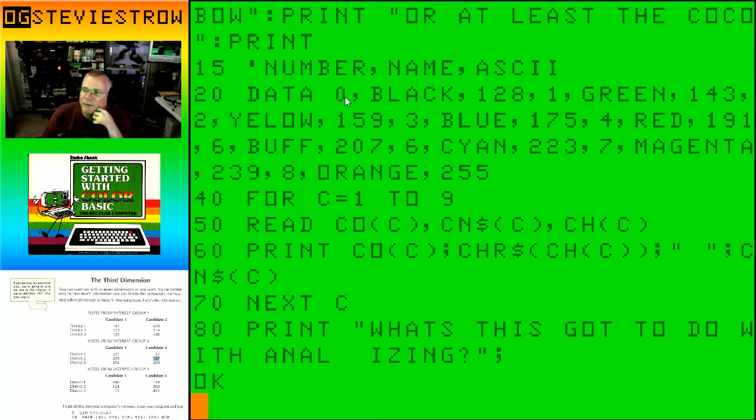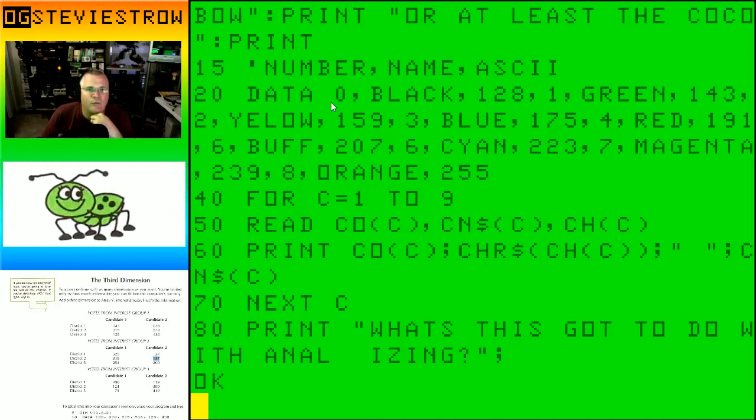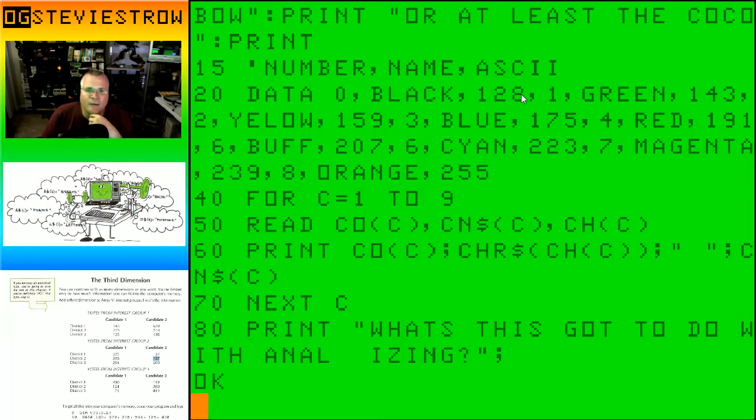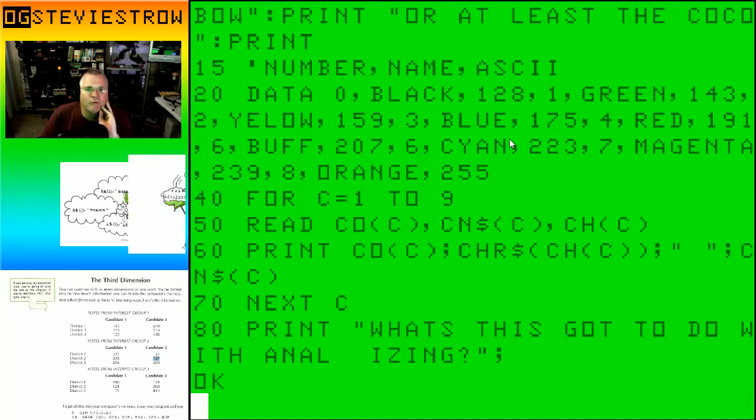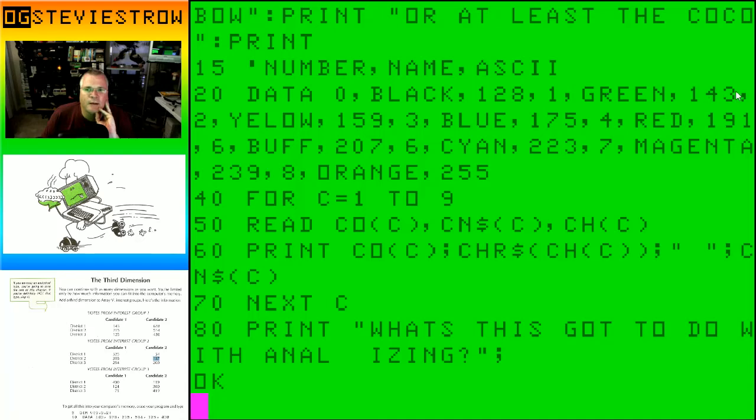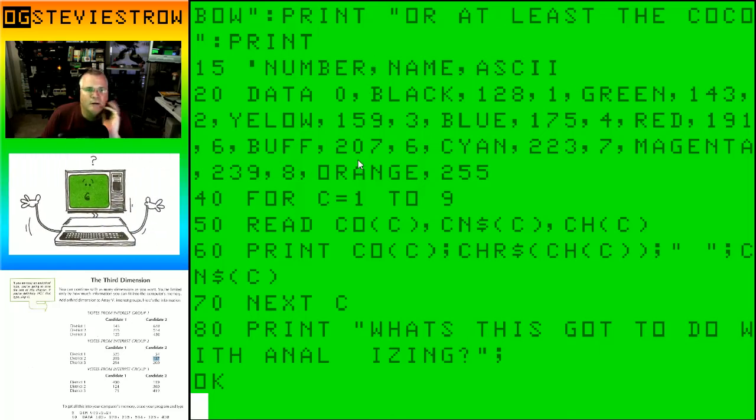So I'm reading in the number 0, which is the numeric value for the color black in the CoCo. I'm reading in the text description of the color black, and then I'm reading in the ASCII code to generate a solid black block on the screen, and then rinse, lather, and repeat for all 8 colors. So color 1 is green, that's its ASCII block. Color 2 is yellow, that's its ASCII block. Blue, etc. So I'm reading these in, and unfortunately, because of the mixed nature of the data,